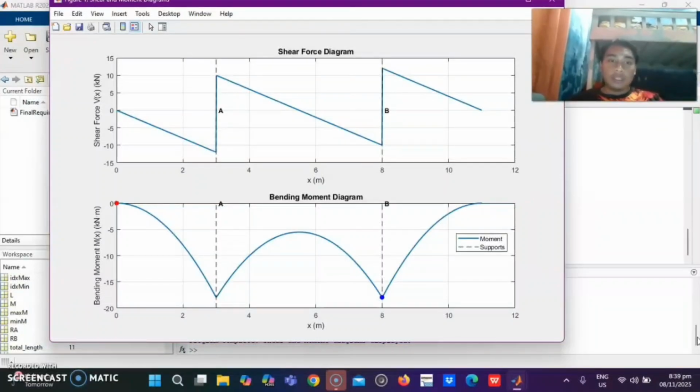So as we can see here, our shear starts from 0 and ends with 0. And our moment here also ends with 0. So this proves that our shear and moment diagram is correct. And this also proves that our script does generate the shear and moment diagram correctly.